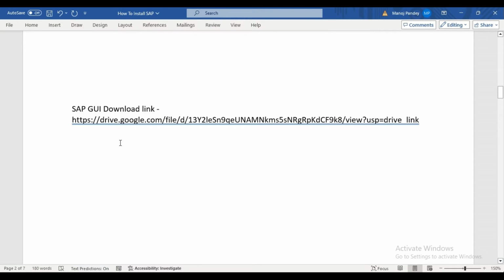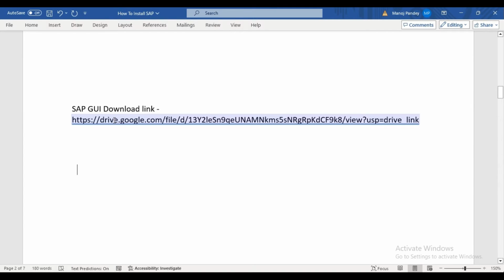So now we are going to start SAP GUI downloading. That particular link I'm going to pin in my first comment section, and I'm also going to provide that link in my description box.